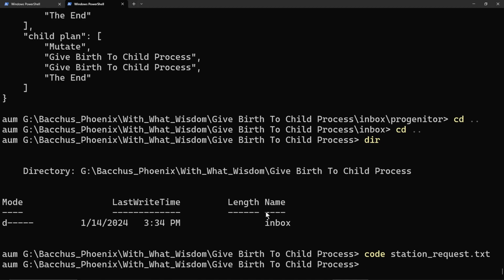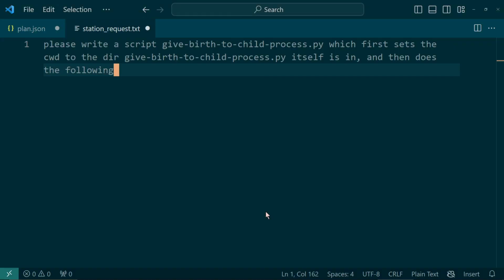And so I think all we need to do is say, go through inbox. Since we said set CWD means current working directory, since we said set the current directory to this directory, then dot means it's the current working directory. That's why I like to say it that way, because then I can easily say to it, go through